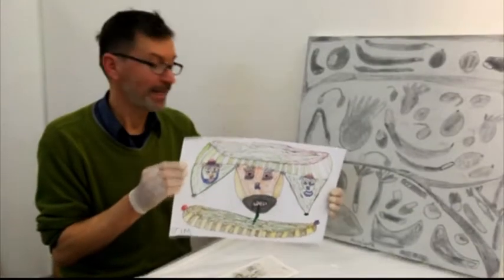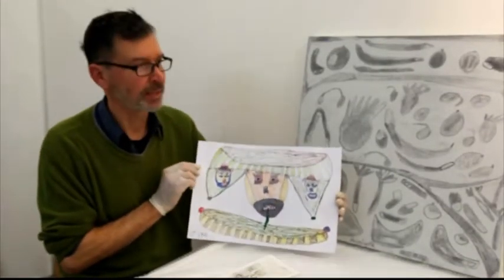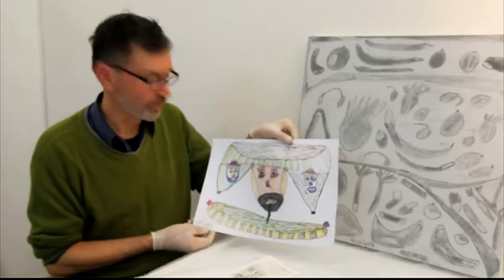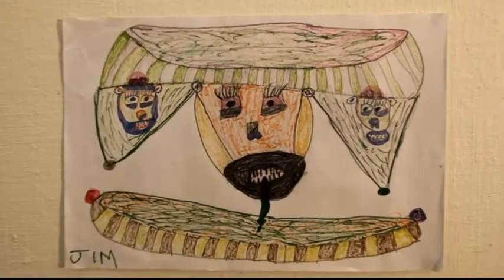A work by Jim Alley. It's called Tea at Jim's, and Jim works out of Community Artworks in Nelson. This is pretty wacky. I'd like to see more of Jim's work. I'd like to see him paint. I like the way he uses...